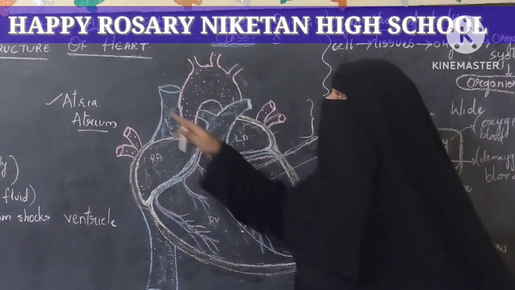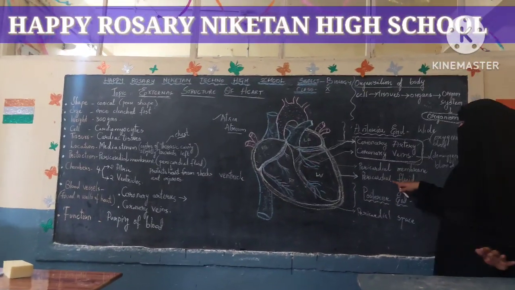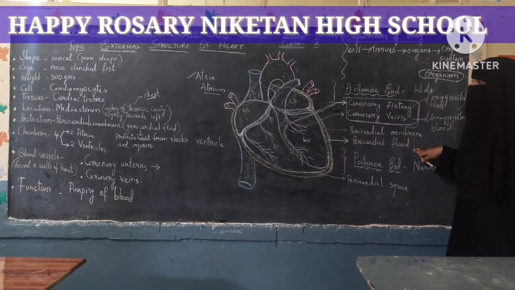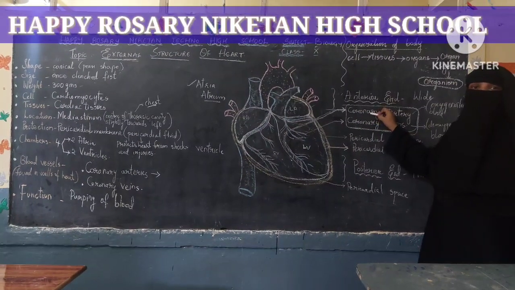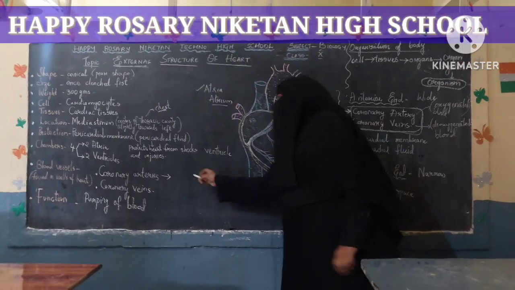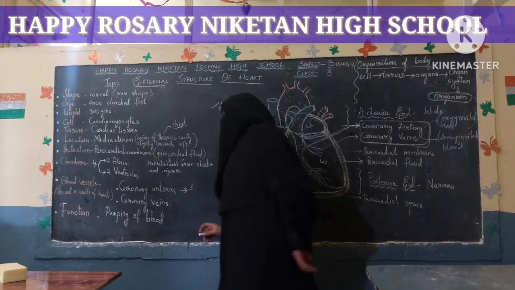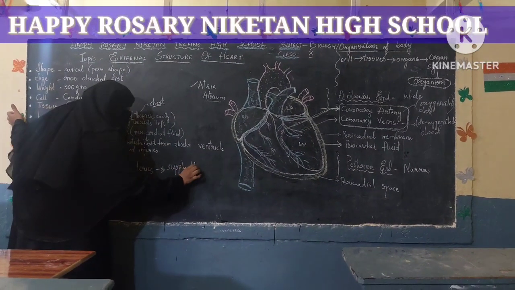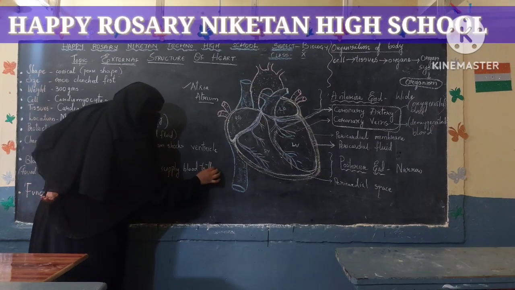The important points which you have to remember about external structure of heart, the most important is the pericardial fluid, function of pericardial fluid. The second most important point which you have to remember is about the blood vessels which supply the blood to the walls of heart. Coronary artery and coronary veins. Coronary artery, what is its function? The function of coronary artery is to supply blood to the walls of heart,